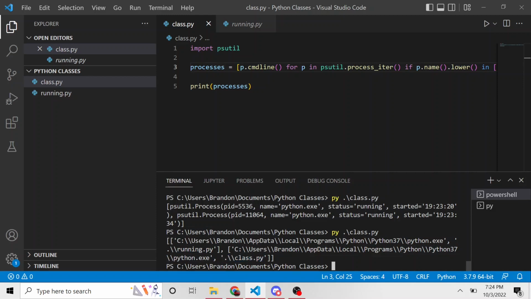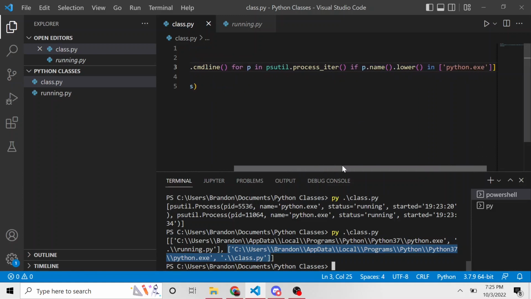One last thing I want to say is you probably don't care about the Python script that's checking to see if other Python scripts are running. That kind of defeats the purpose. So we want to ignore this class.py file being ran. So I can do one last thing. I can say and